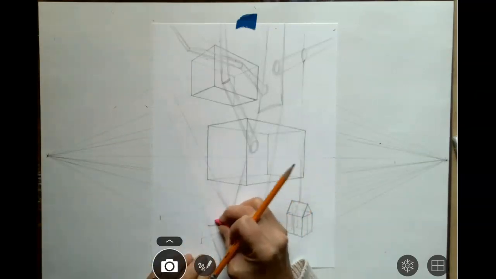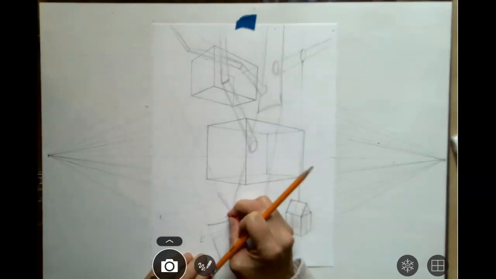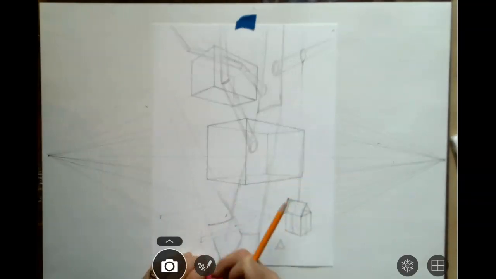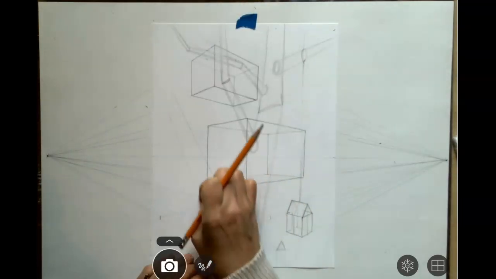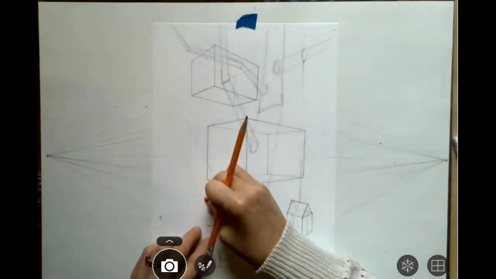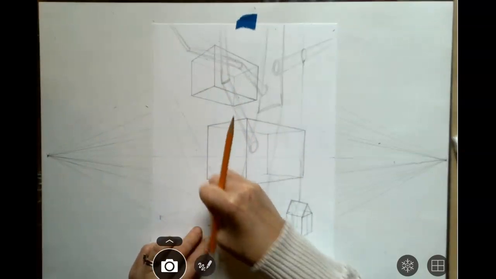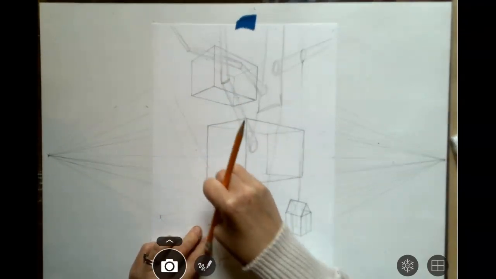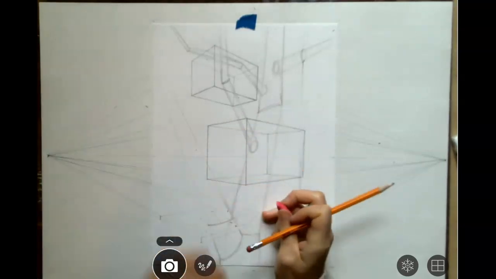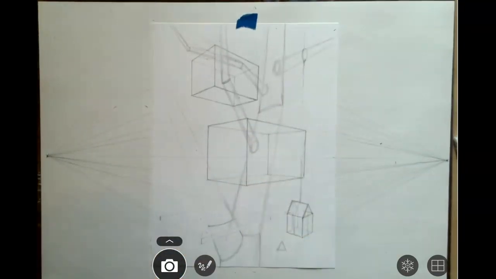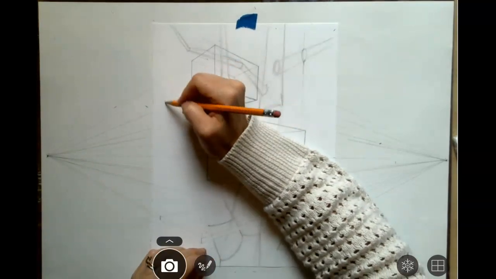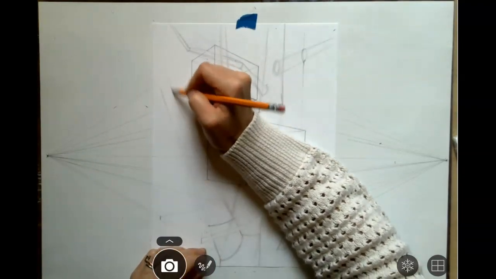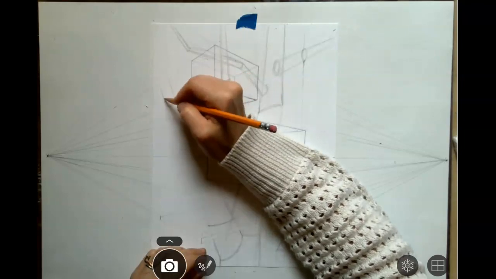All right, getting rid of a little bit of where we would see that other tree branch through this tree branch. This tree branch is in front, so then we can get rid of the back part of the platform. I've decided that that's a tree branch, so it is going to be not see-through. I can make this then kind of